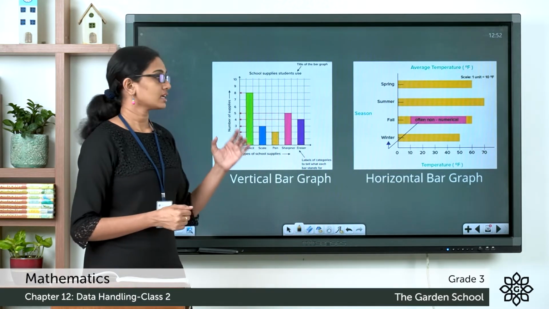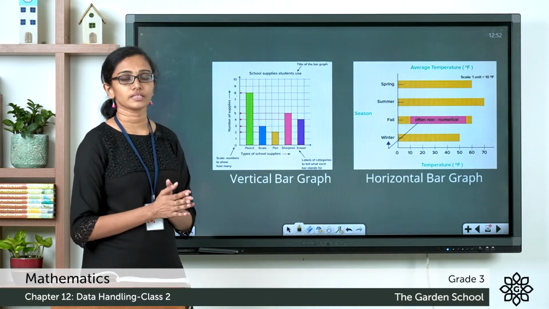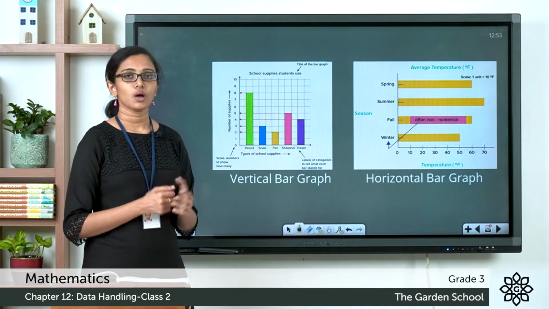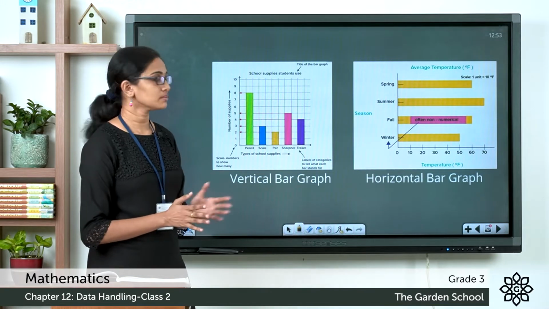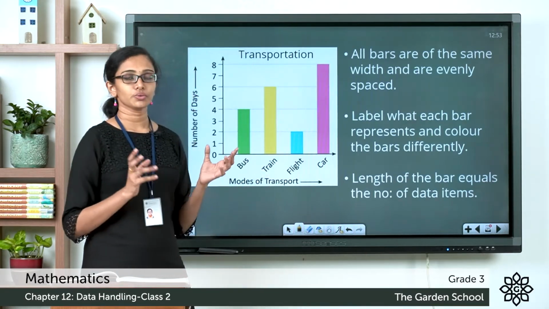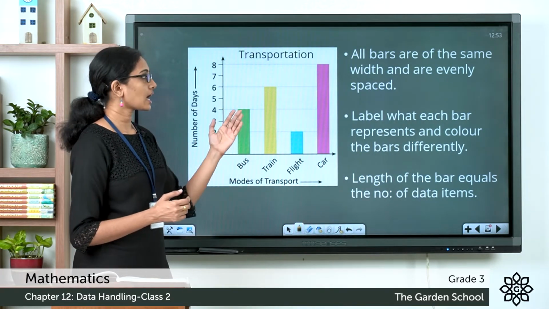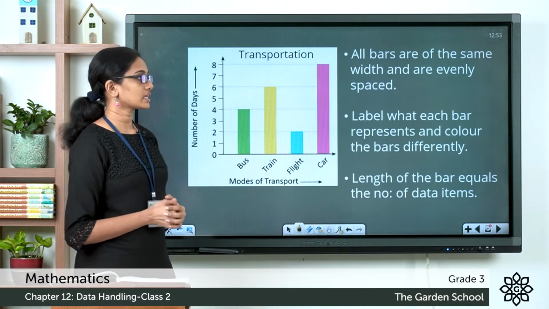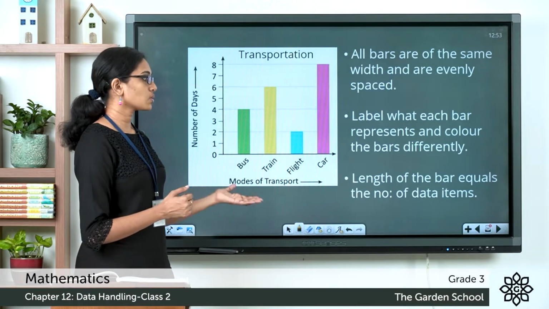And you can see the height or length of the bars in these bar graphs are different. Now, the length or height of the bars in a bar graph will be proportional to the value or number of data items that you are representing. So, in a bar graph, you need to keep in mind a few things. All bars are of the same width and are evenly spaced. Label what each bar represents and color the bars differently, and the length of the bar equals the number of